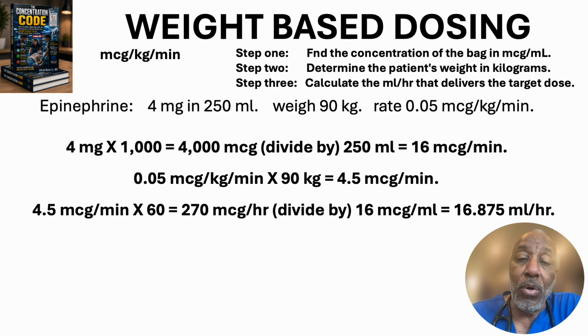Step 1: 4 milligrams times 1,000 is equal to 4,000 micrograms, divided by 250 equals 16 micrograms per milliliter. Step 2: 0.05 times 90 is equal to 4.5 micrograms per minute. Step 3: